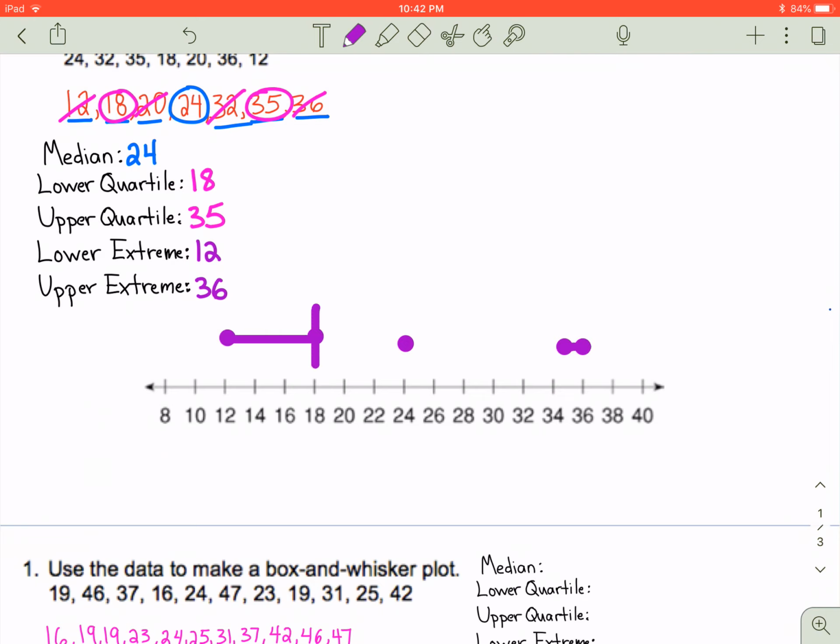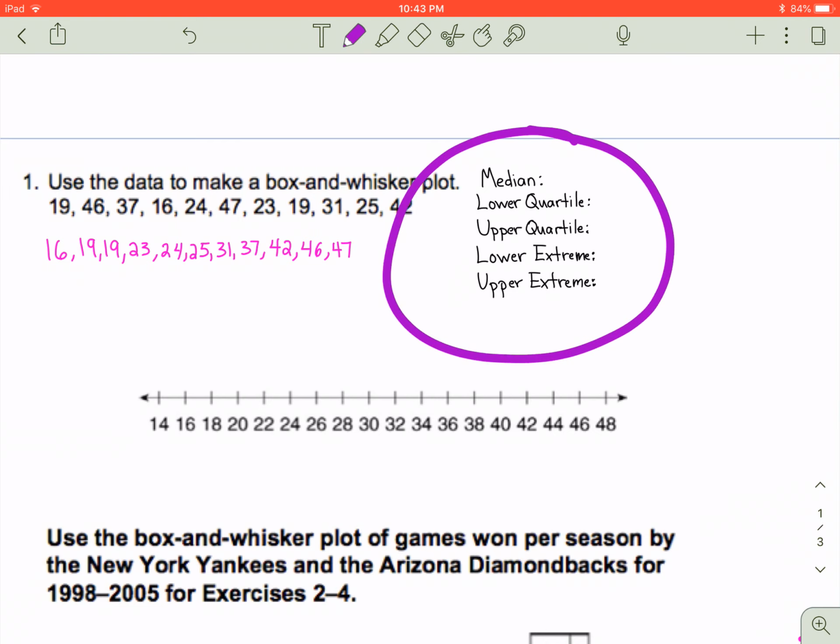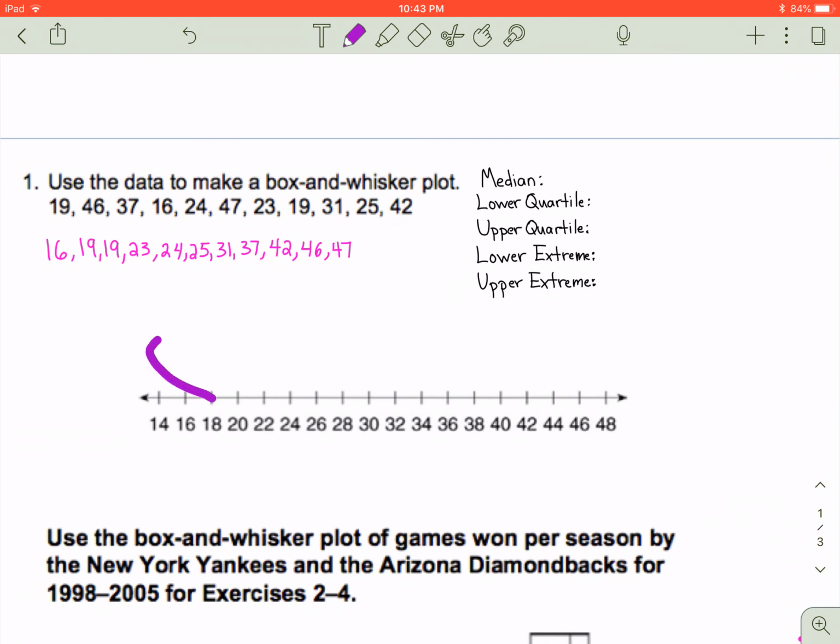All right, let's do another example. This time I have a few more data points, but that's okay. It says use it to make a box and whisker. I still need the 5 same pieces of data that I needed last time. I need to start off with finding the median. So if I zoom in a little bit to find the median,